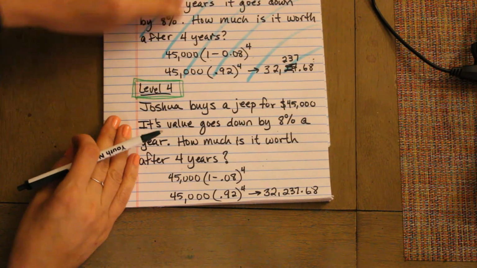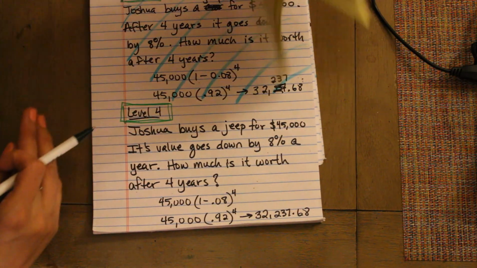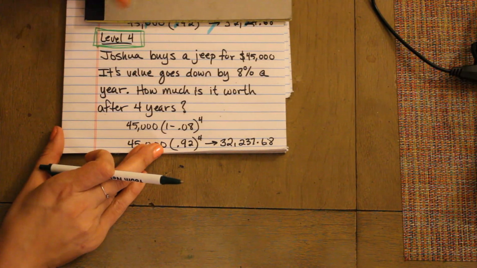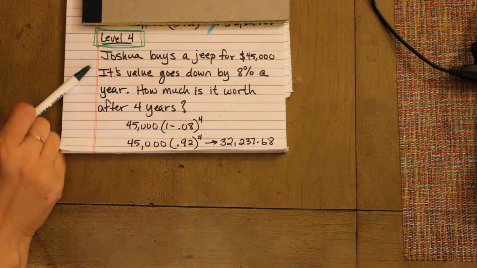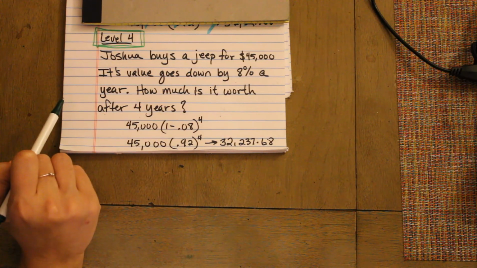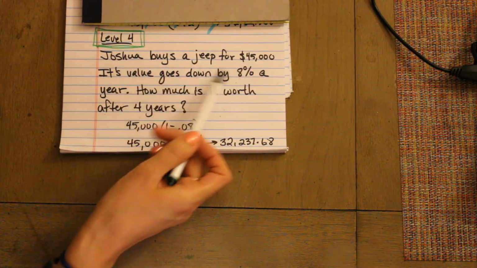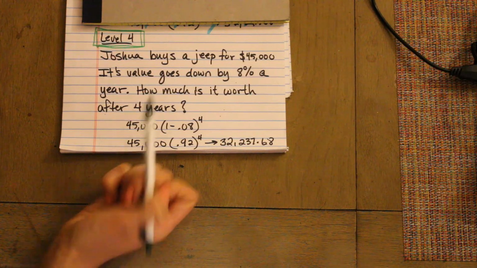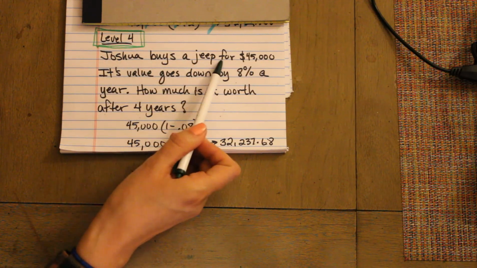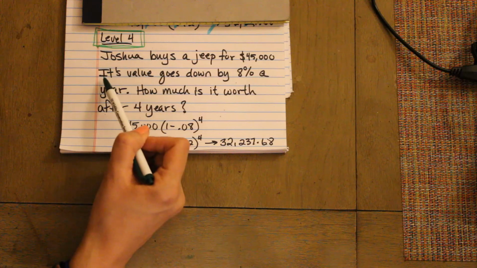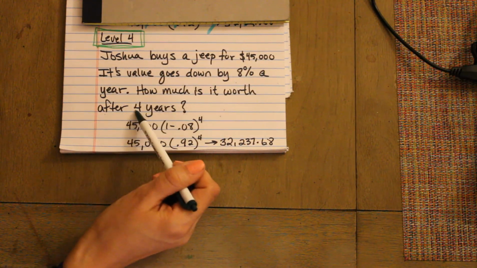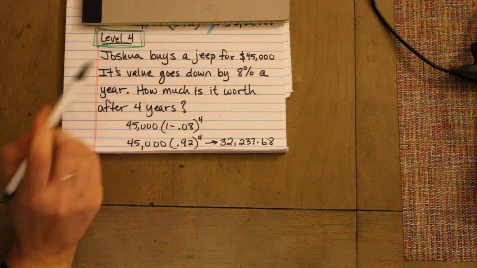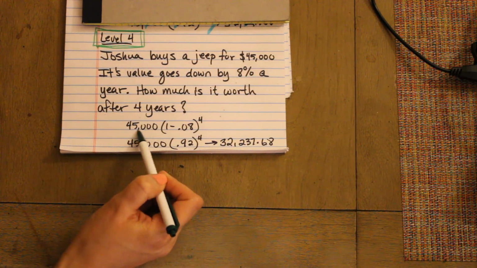Final level, and it looks confusing on this page, but actually this top part, we're going to cover that up. All right, so level 4 is going to be just taking a word problem, a story problem, and then from the information they give you, put together an equation. So I have here, Joshua buys a Jeep for $45,000. Its value goes down by 8% a year. How much is it worth after 4 years? Everything you need is in there, okay? You have the initial amount,